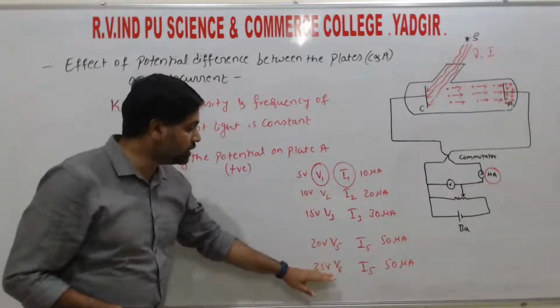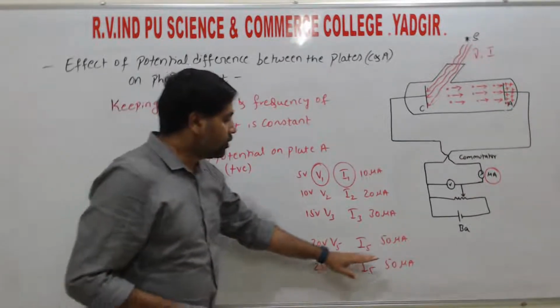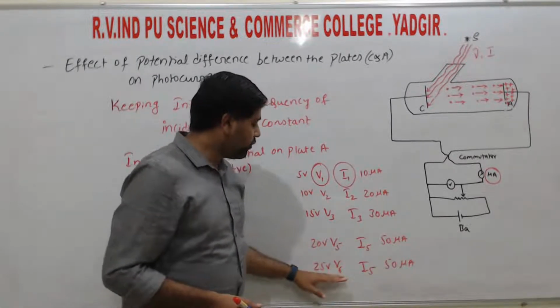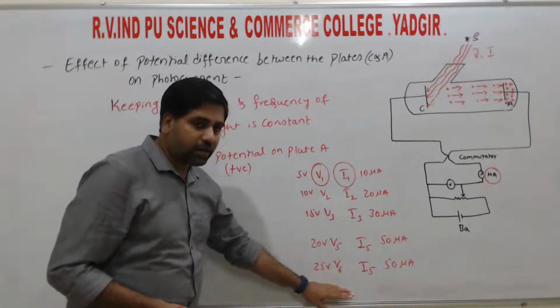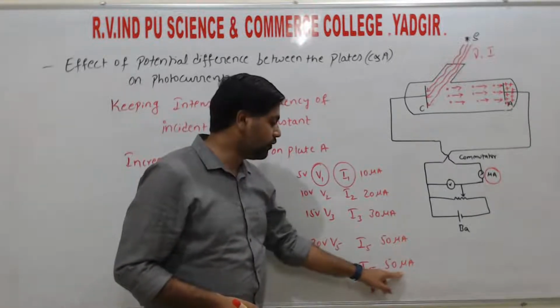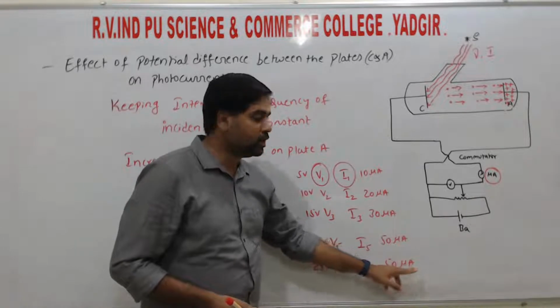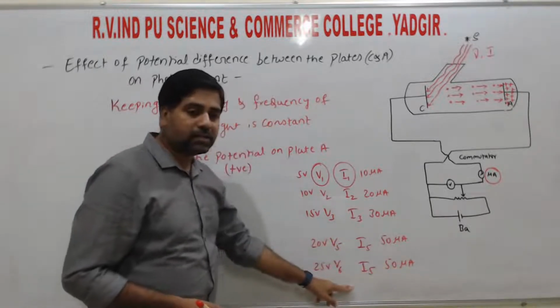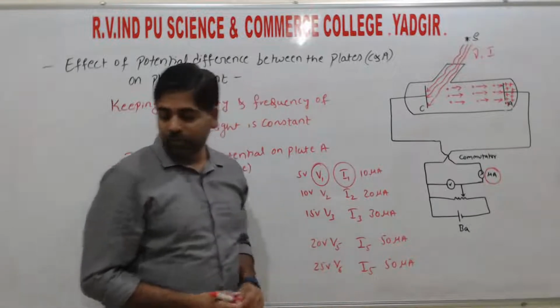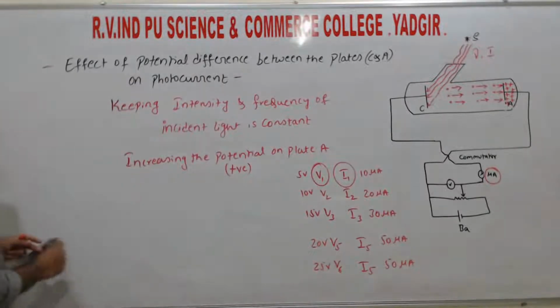After that, if we increase the potential, we get only the maximum current. If we put V7, that is 30 volt, then also we get the current 50 microamperes. So this means that the current is saturated, that is the maximum current. So by this we can say